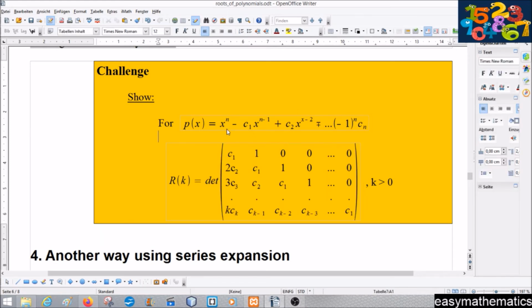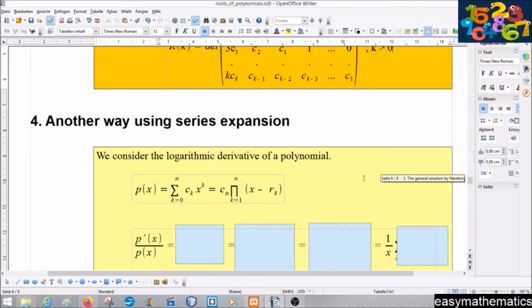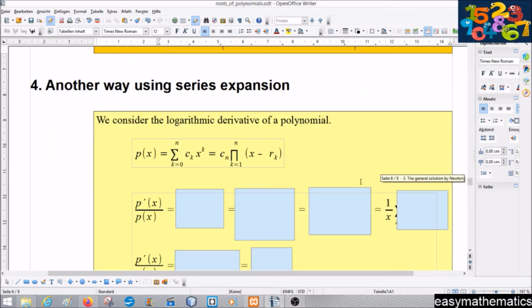For alternating signs, we can write the power sum rk via this determinant. This is my first challenge for you. The power sums can be written as a determinant. Have fun with this challenge. Try it, it's funny. And another way is using series expansion, and for